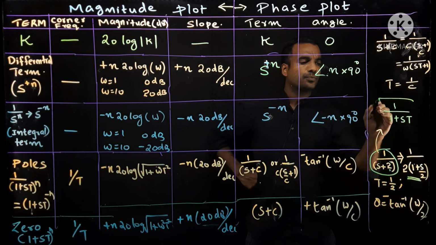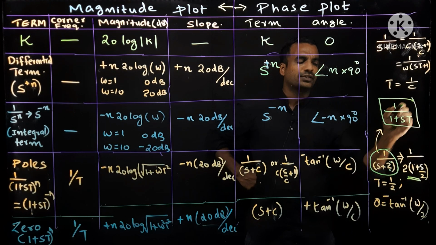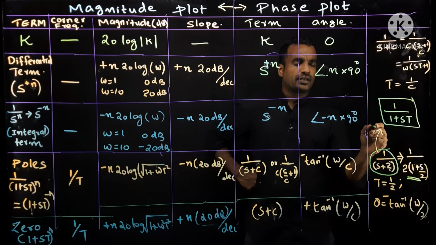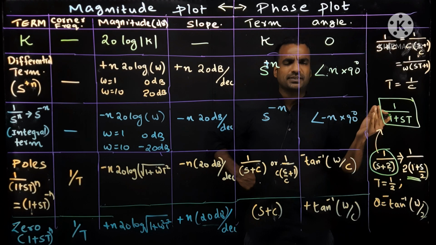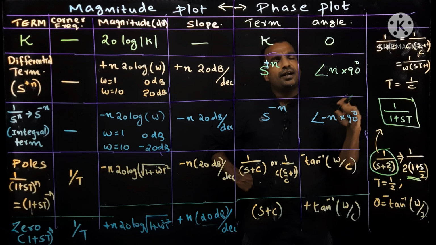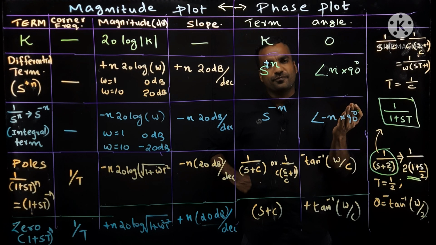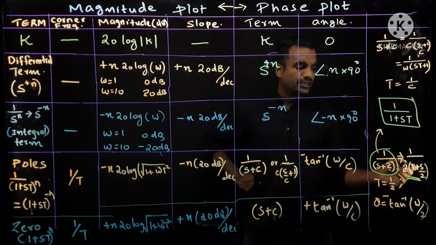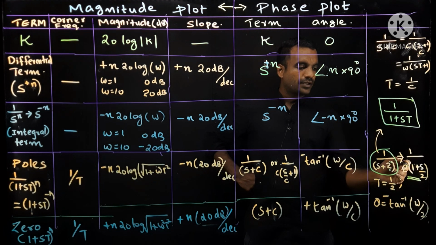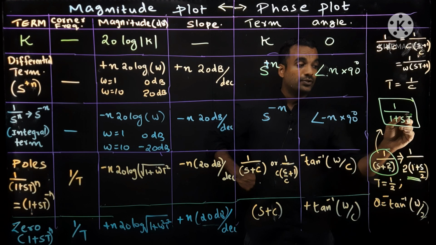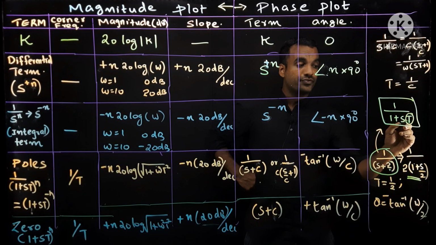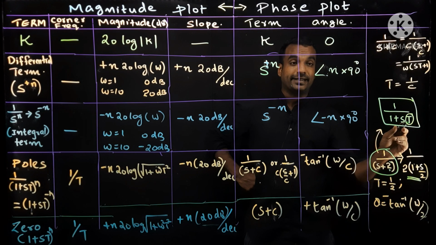Like that, we have to bring all the poles and zeros into standard form. S plus 2, S plus 3, S plus 5, such things will not be permitted. Everything will be in the form of something plus 1. So, in this please check, 2 is taken outside, 2 into 1 plus s by 2. And we know that in standard format, the coefficient of s is T, the time period.